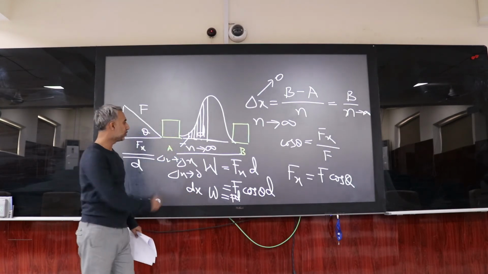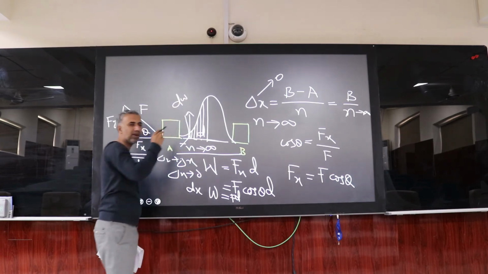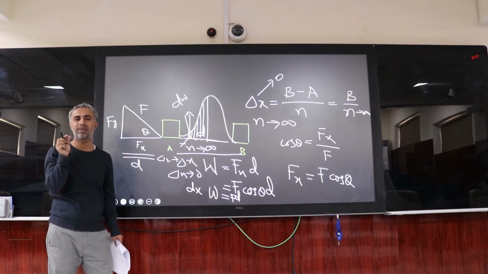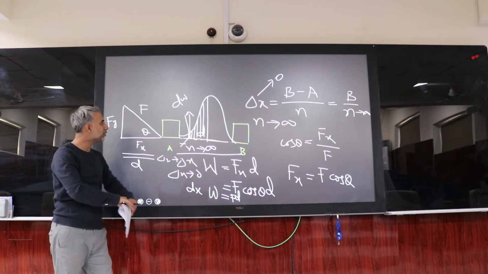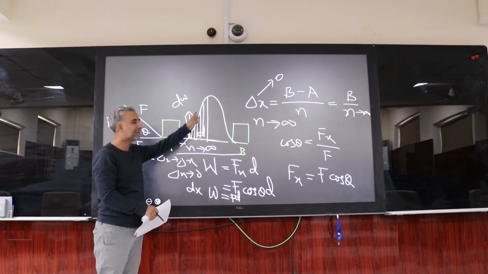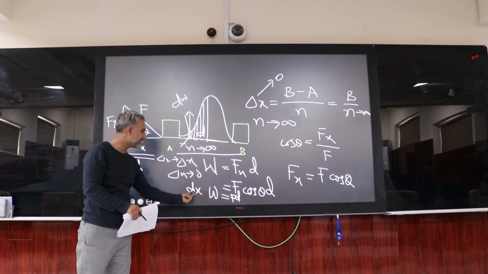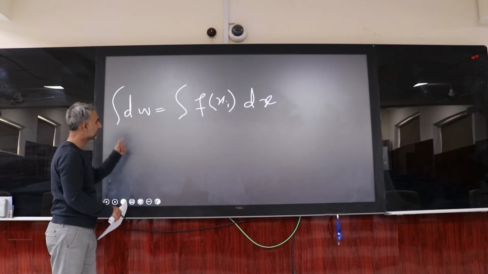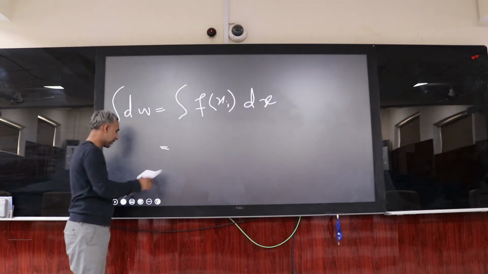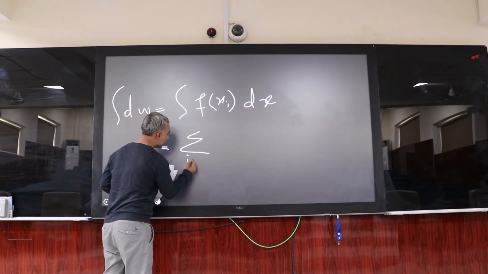Okay, you want to determine the amount of work. This is a small amount of work at one rectangle, at one small instance, or you can say position. You want to sum up all the work. What you need to do is sum up all the rectangles and multiply this with this small increment change, and you will get net work. Technically, this sum of the work is equivalent to this summation